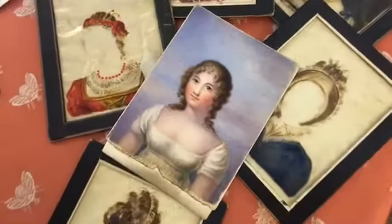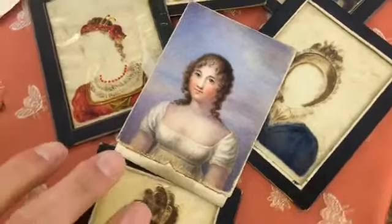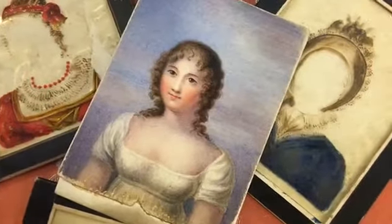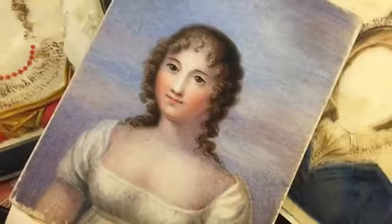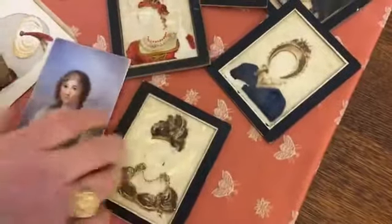This is another overlay, and this is a little more unusual because if you actually look at it, it's head on, it's not a side profile. That's unusual, and beautiful work. This is almost something that you'd find on ivory. It's just fine art, gorgeous. But it's on card paper. And so what you did with this one is you slid it into this,